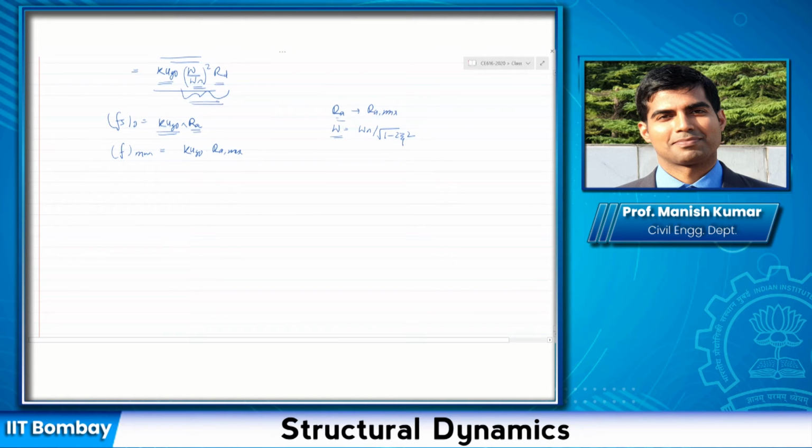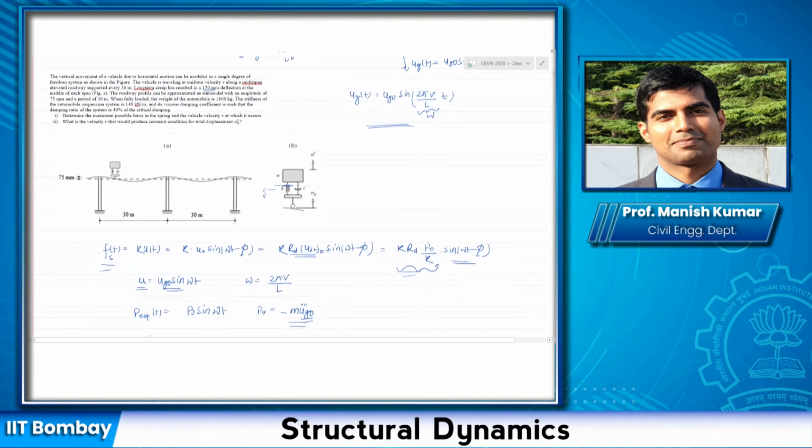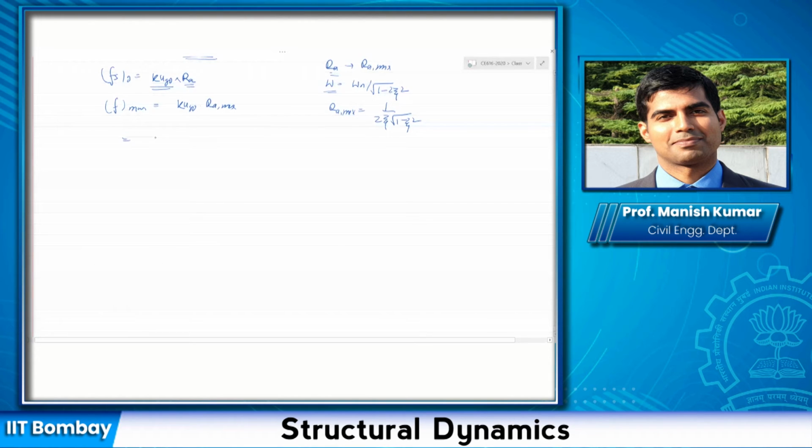This is at which Ra becomes maximum, the acceleration modification factor, and the maximum value of the acceleration modification factor is nothing but 2 zeta divided by 1 minus zeta square. So k is given to you, right? What is the k here? That is given as 140 kilonewton per meter. So I can write this as 140 kilonewton per meter times ug naught, which is half of the deflection, so 0.075 meters, times Ra max, which would be this factor here. So you can go ahead and calculate this value, and whatever value comes is the maximum spring force.